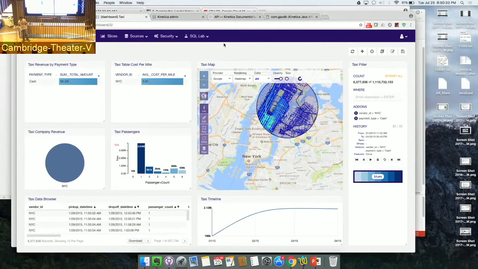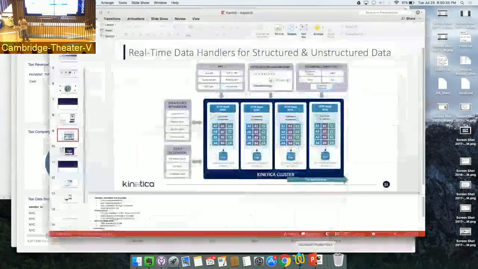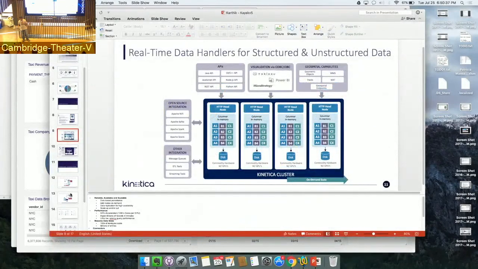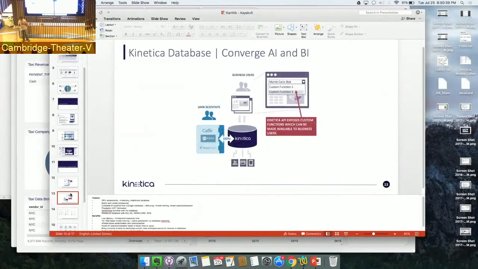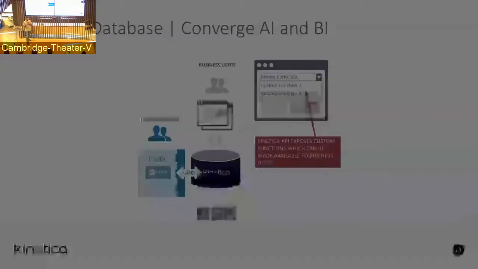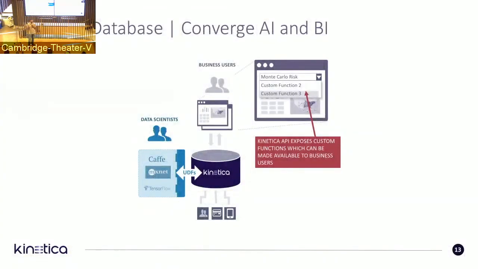So with that said, let's move on to another key aspect of the software, and that is the convergence of AI and BI, right? One of the other things that Kinetica allows you to do is a concept called UDF, right? Your UDF is a user-defined function. So you can take any of your functions, right? It could be something simple like a linear regression function. It could be a value at risk calculation. It could be